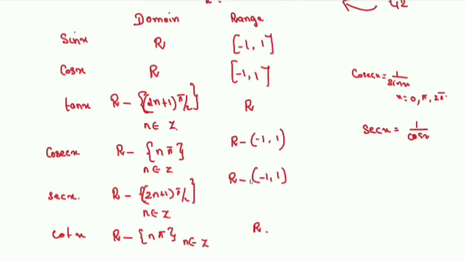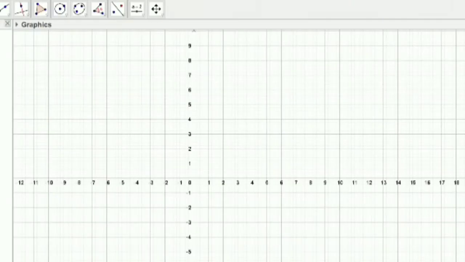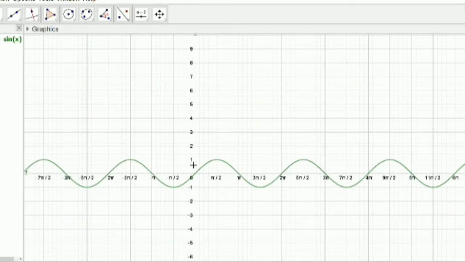So this is the domain and range. Sin x, the range is from -1 to 1. Domain is R, set of real numbers. Now this function is not 1 to 1. Now you have to make this sin x an invertible function. So there is a condition. We have to restrict the domain. As I told you, unless we restrict the domain, we cannot find the inverse, because the condition is the function should be 1 to 1 and onto.